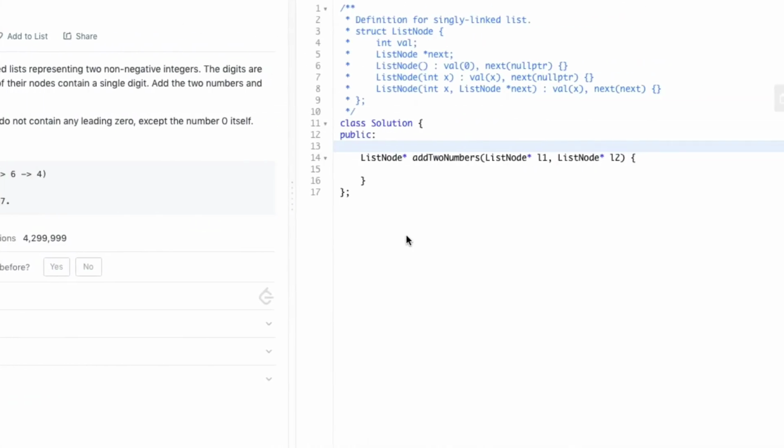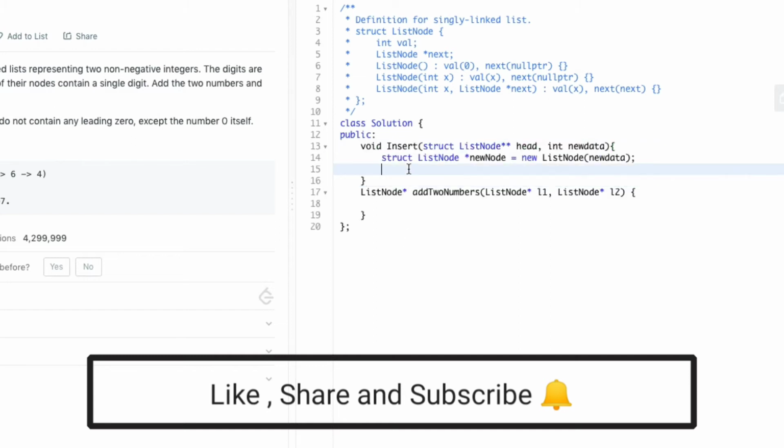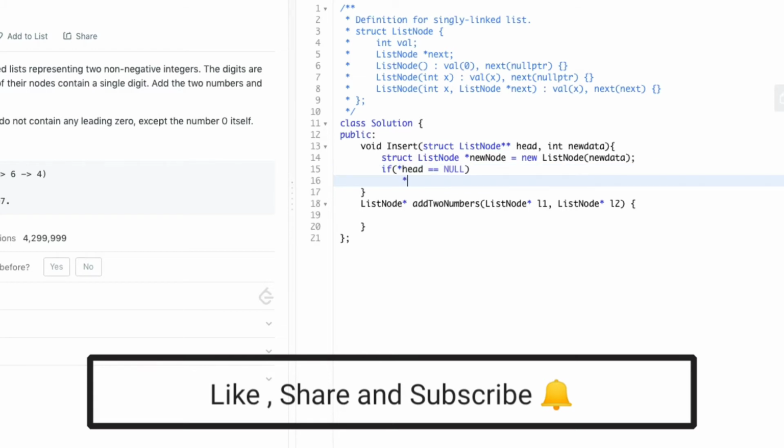So now we can begin with the code. Initially we need to create an insert function to insert the new node at the end of the linked list. For that we can declare an insert function where we pass two arguments, head pointer and new data. We can create a new node with the new data. We check whether the head node is equal to null. If so, we make the new node the head.